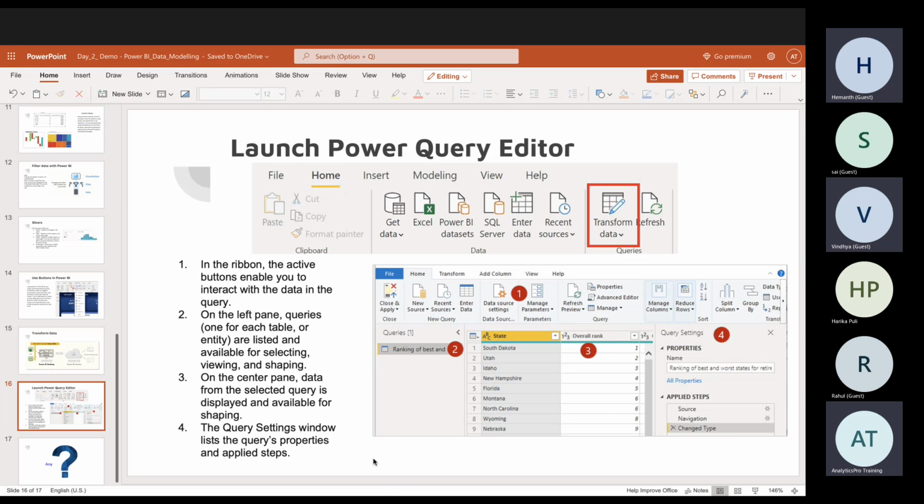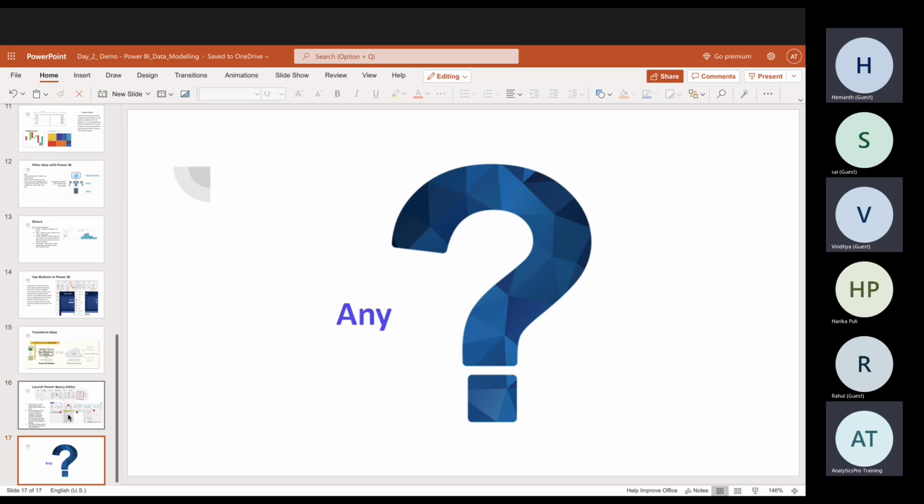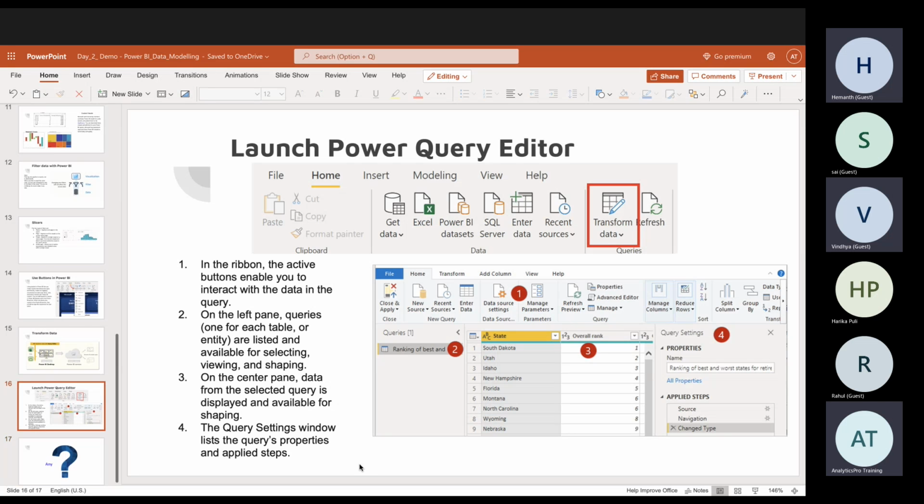But Sai, why are you showing us how to get into this Power Query editor as an image? Why do we see a question mark after this? Because this is all we have to discuss from a theoretical standpoint for now.